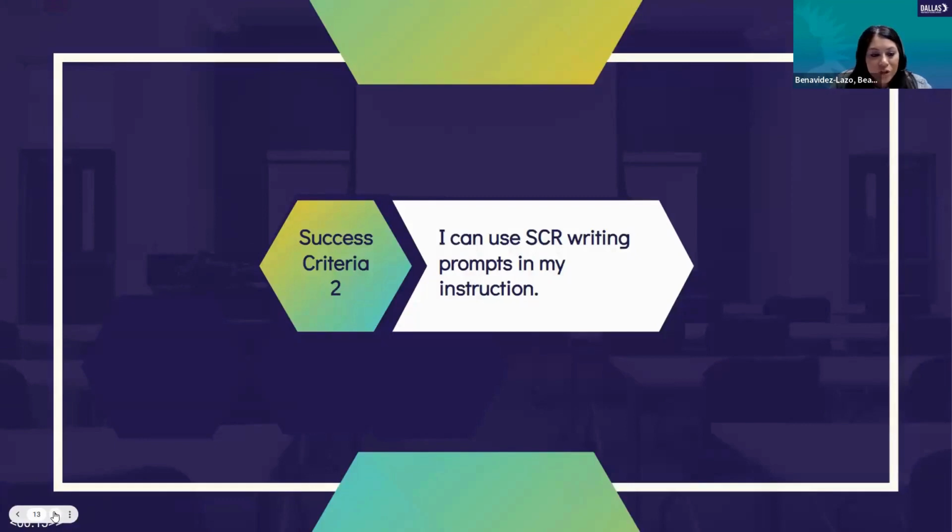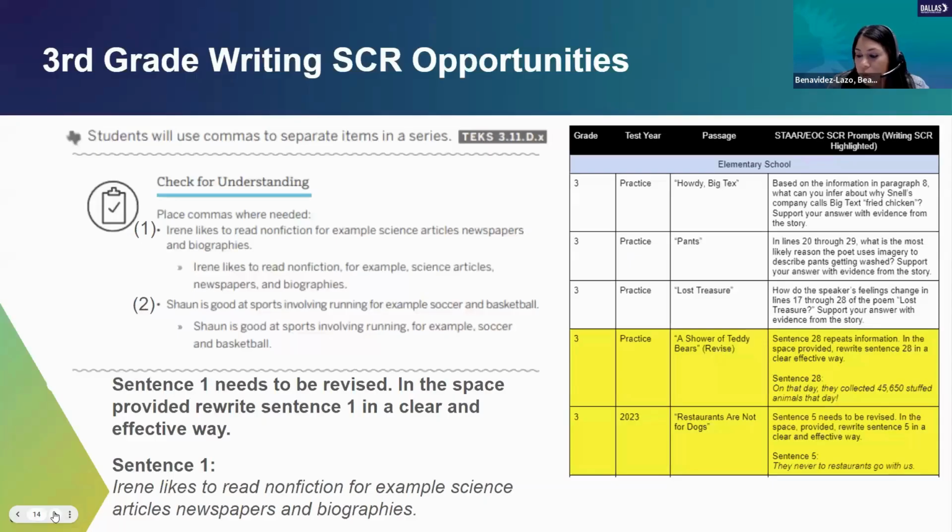Okay, so that brings us to our success criteria 2, which is I can use SCR writing prompts in my instruction. So we know that grammar is going to be on STAR, and we know that grammar is what our kids struggle with. And according to our data from last STAR, we know that all the SCRs,